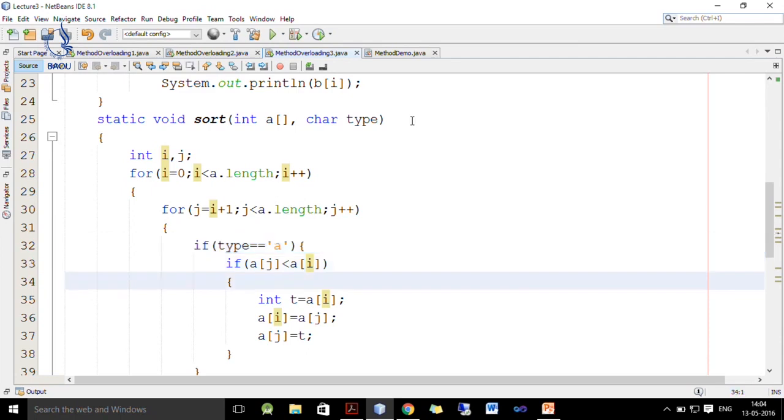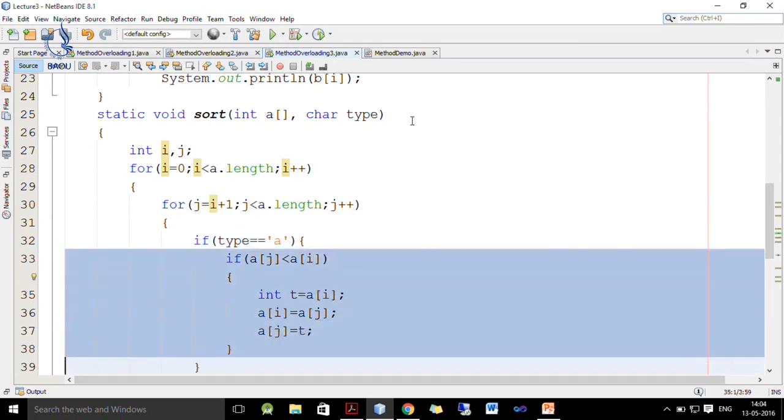So, what we do is we compare i with the rest of the elements, and if any element which is less than i is found, then we exchange this i element with the jth element using temporary variable t. So, this logic performs the exchange depending on value.